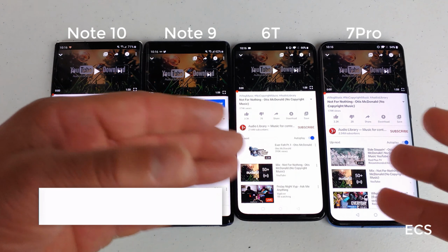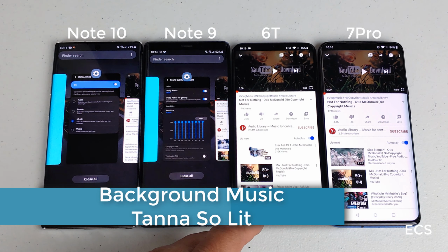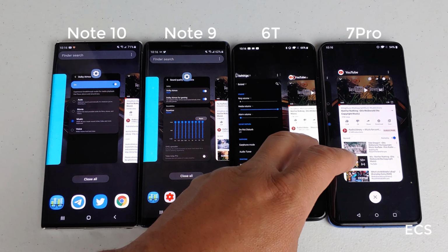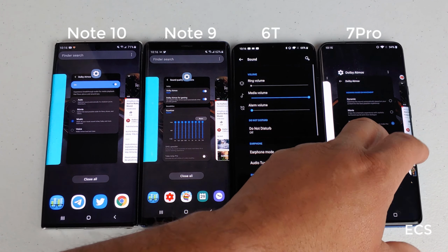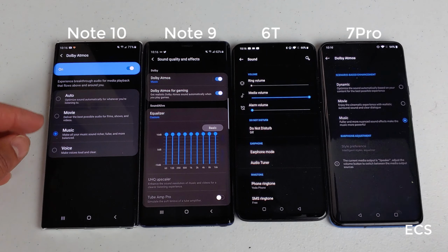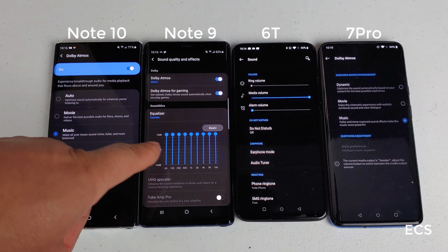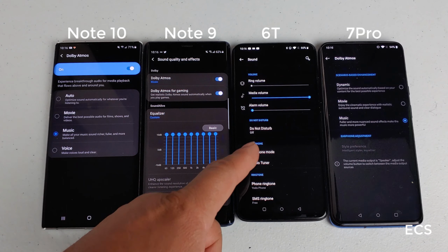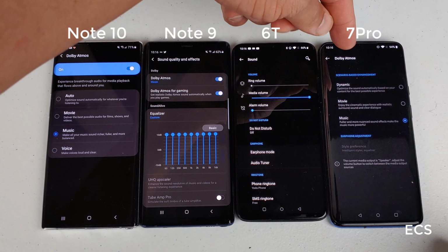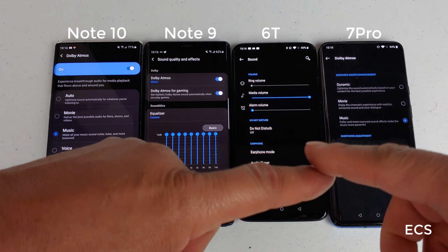All right, guys, so let's talk about the sound quality with all these devices, right? Now, I want to show you this. Again, I want to be kind of transparent with you guys so you can see the settings with all devices. And right here, I got them all cranked up. I got it on music here on Dolby Atmos. I got the equalizer cranked up here. I got it as loud as it can go on the OnePlus 6T. And then on the OnePlus 7 Pro, I have it on music, the loudest it can go on all devices,